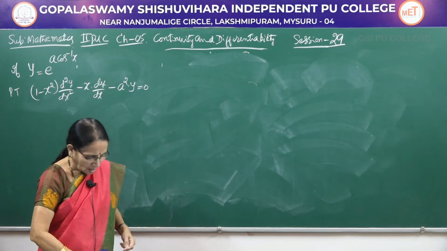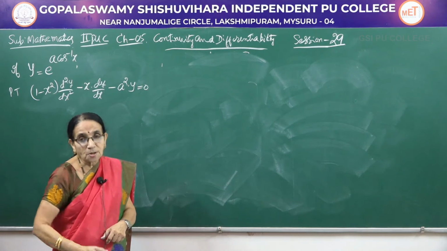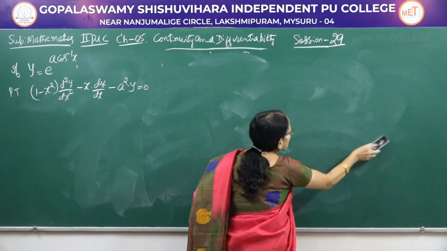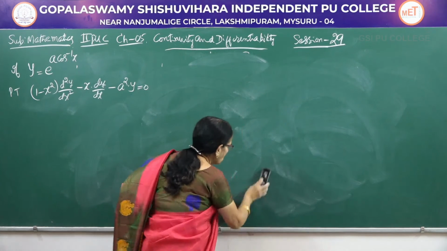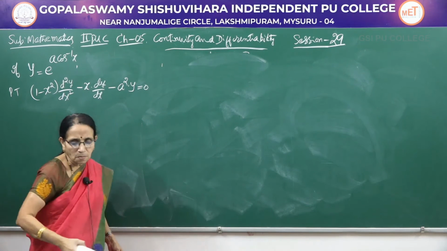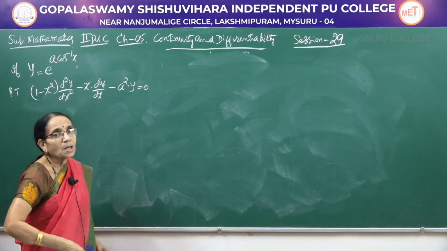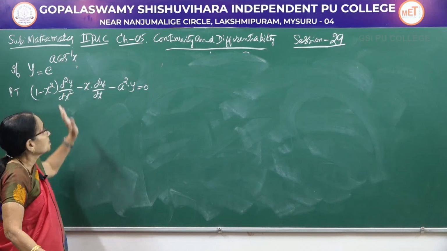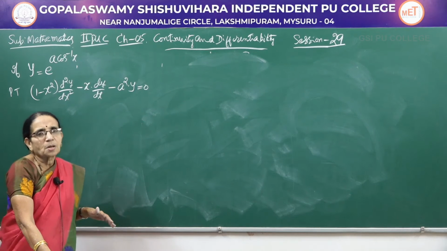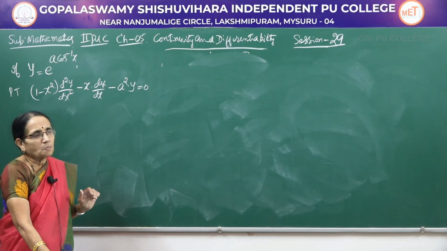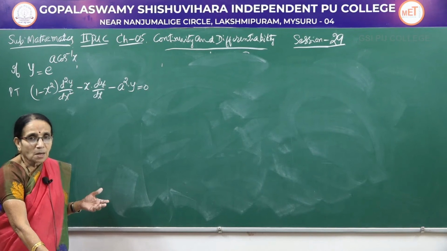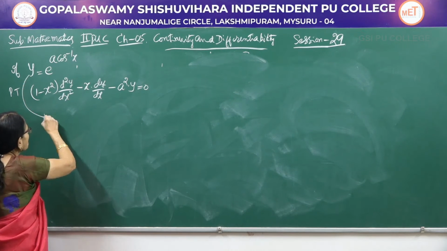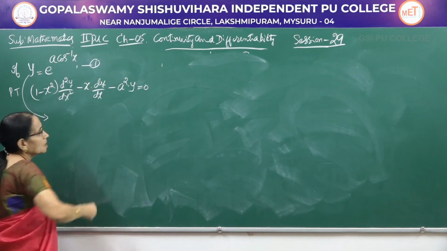Now, in the previous session, when I was discussing the second derivative of the inverse trigonometric function, I had given a hint: whenever an inverse trigonometric function is involved, after the first derivative, you had better cross multiply and then differentiate. That makes the problem easier. So, let me start with this one. You can give a number for this one afterwards.